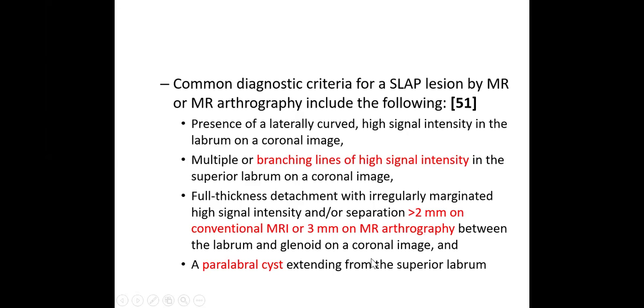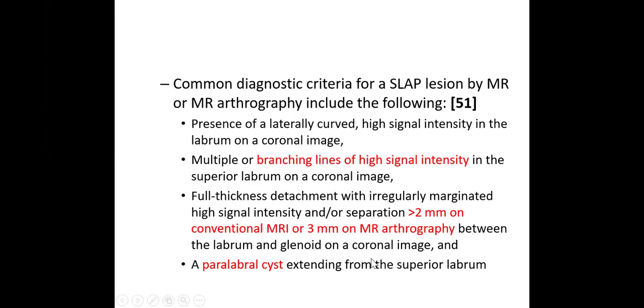high signal intensity or separation of more than 2 millimeter on the conventional MRI or 3 millimeter on the MR arthrography. अगर MRI है, so more than 2 millimeter, and if it is arthrography, so that is more than 3 mm between the labrum and glenoid in a coronal image is considered as full thickness detachment. हम आगे image भी आप लोगों के साथ share करेंगे।